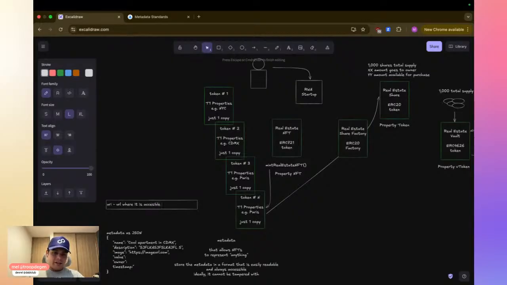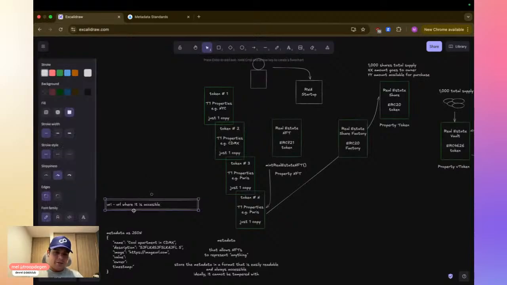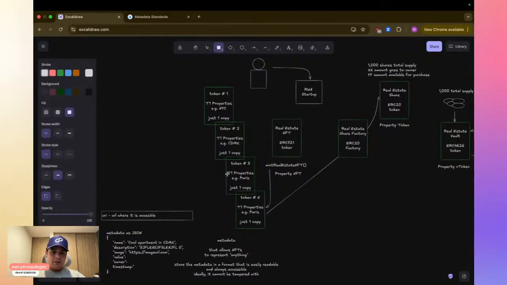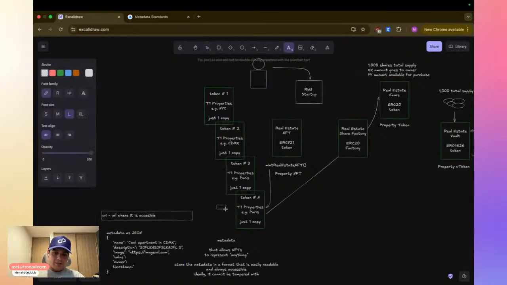Actually it's a URI, which is different than a URL, but it's mostly a URL. So it's just a website where this metadata is always going to be accessible. This URI is what's actually stored in the contract as the token URI a lot of the time.